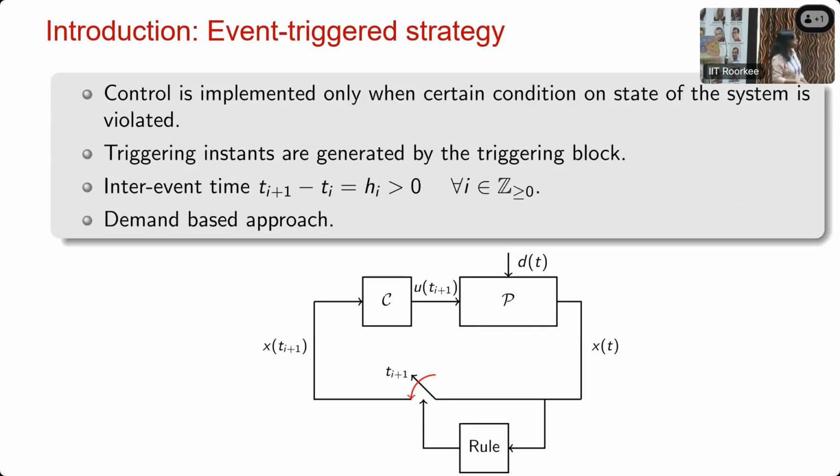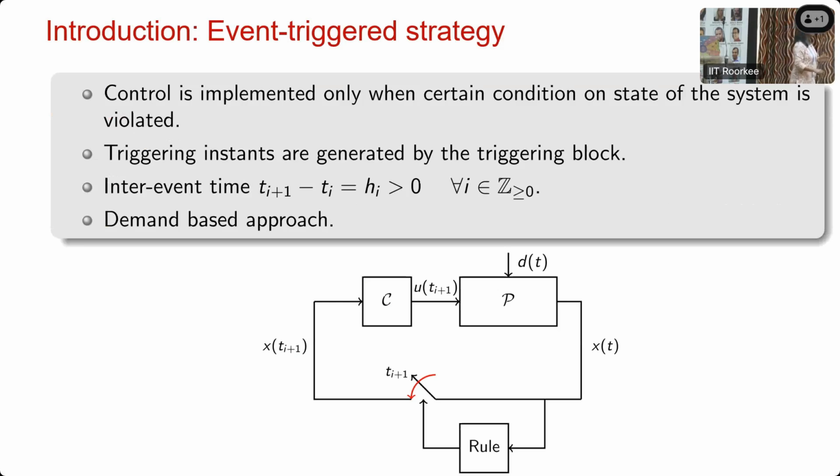When I say a rule, you can either have something greater than 0, then basically the loop closes, or you can say that when something is less than 0, the loop is always open, it doesn't close, something like that. This rule can be designed using either the state of the system or the output of the system. Nowadays,